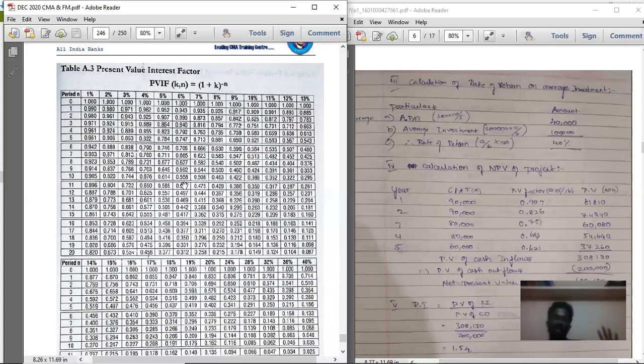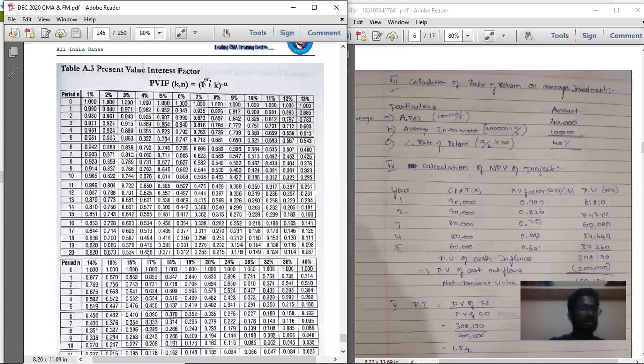In exam you don't have this, so some intelligent people will remember all the values right from 1% to some 16-20%. All those 1% to 20% from first year to 10 years, they'll remember numbers. You don't have to remember numbers. You can do it using this table itself. It is very easy to calculate the table, or you can even use this calculator to find the present value. In exams what they'll do is behind the question paper they'll attach one more paper